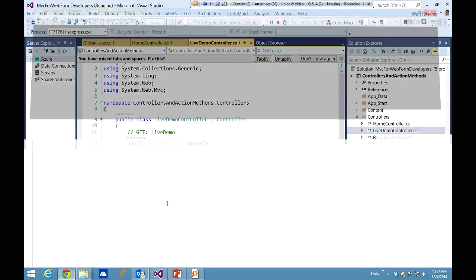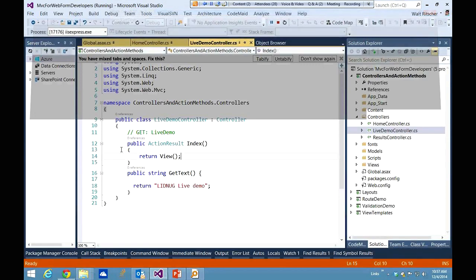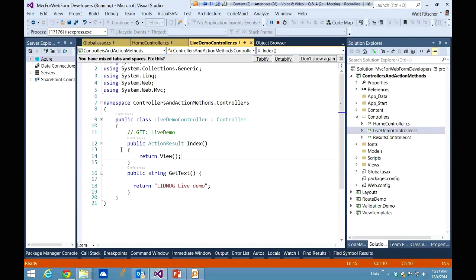So I'm going to go to the live demo, and then I'm going to go to get text, and my request flowed into my MVC application. It found my controller action method. It returned a string. If you right-click on this and look at the source, you'll see that it's just a string. There's no HTML in there. Okay. Now you'll notice that the one up here, that one that Microsoft wrote for me through their templates, it doesn't return a string. It returns